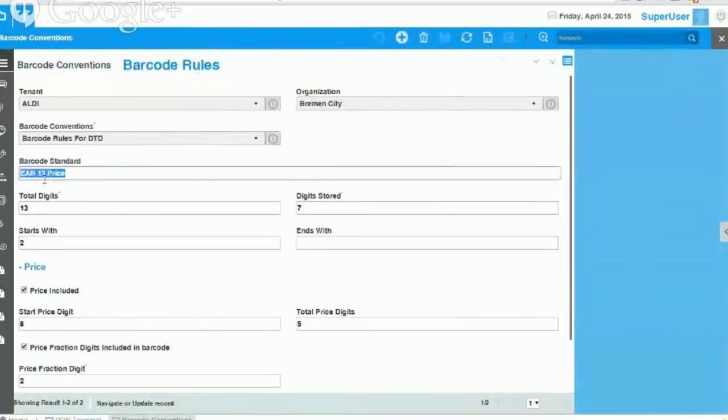So for example, this is the price included in the barcode, where we have 13 digits in total. 7 digits are basically stored as an item. It starts with 2 and so on. And the price starts with the 8th digit, and the price goes 5 digits, and the price fraction is 2 digits. That means you can enter 0 up to 999.99 as a price in this barcode,